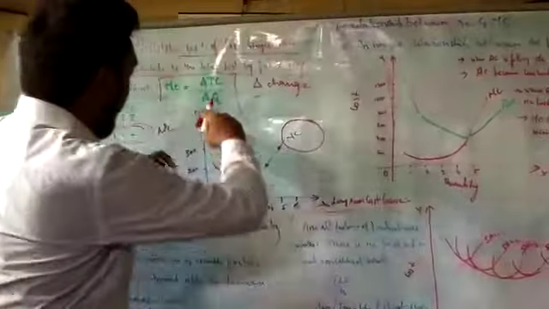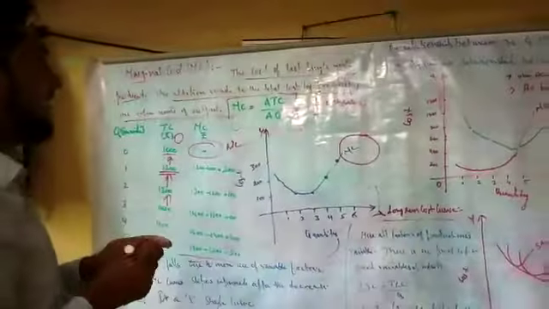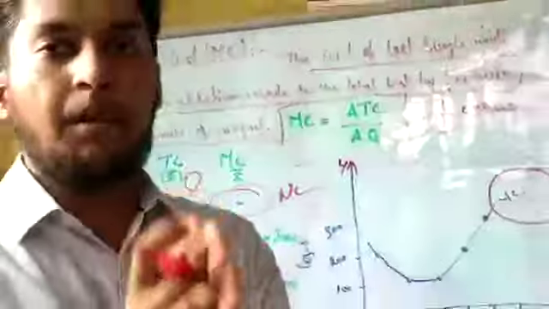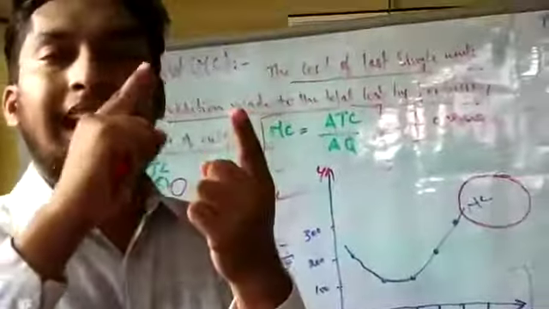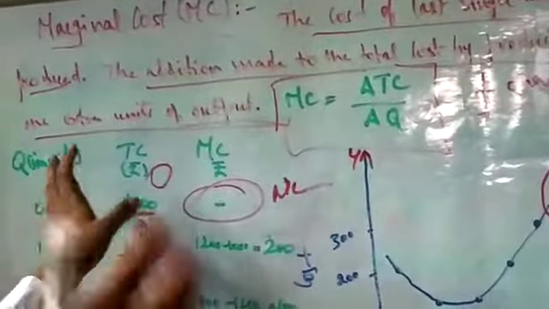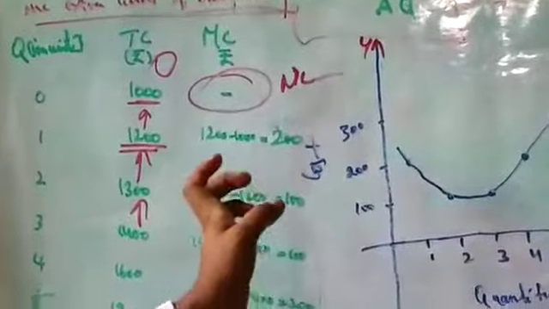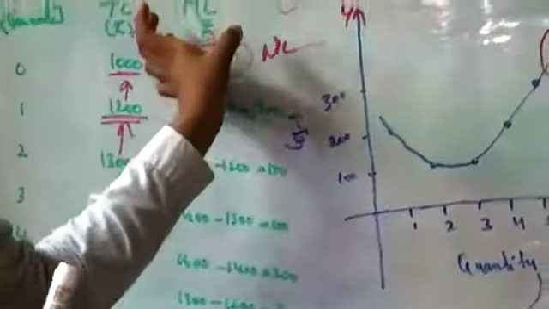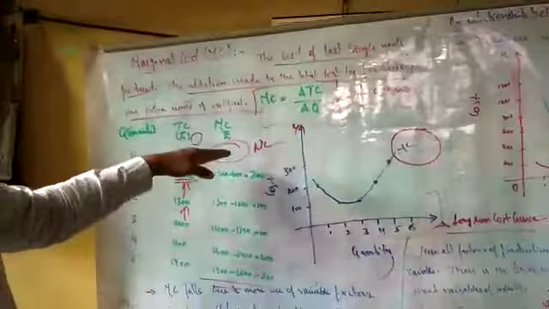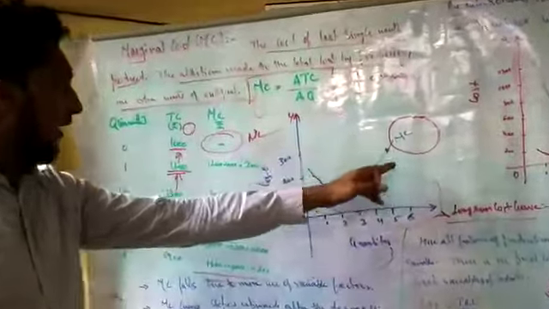With this, we'll make it as an MC curve. It goes in a U shape and that's formed as the MC curve. So it's a simple way. Marginal cost is nothing but, when you produce any product, you use extra cost and extra product, that is what we call marginal cost. We take the quantity with the total cost we found in the previous class, and we identify the MC. How? Lower value minus upper value, you will get the figure and that is the MC.